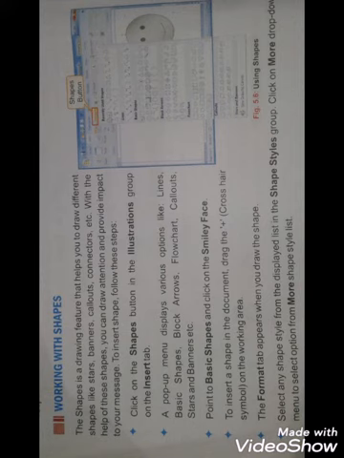by clicking. Whenever you click on the shape, the mouse pointer will be changed into a crosshair symbol on the working area, and now we drag the mouse over the place where you want this shape to be displayed. Whenever you release your mouse button, you will find that the shape is created, and after inserting the shape you can also modify, resize and rotate the shape in different directions.